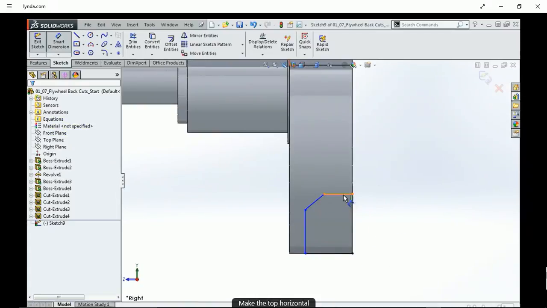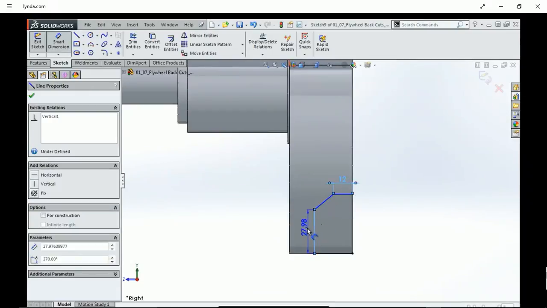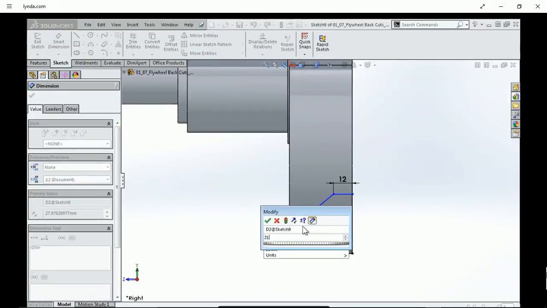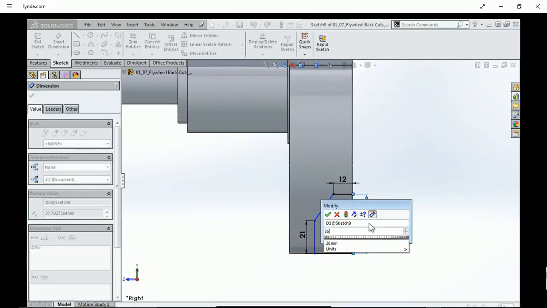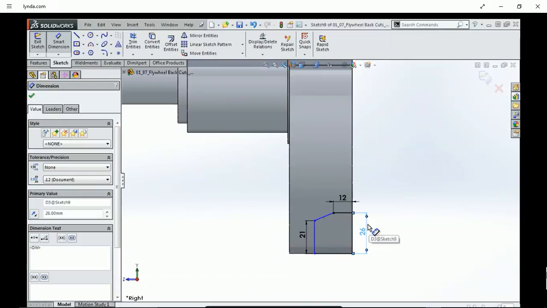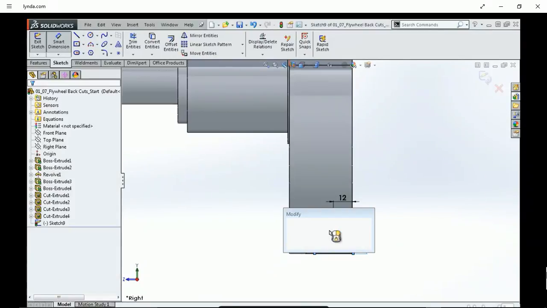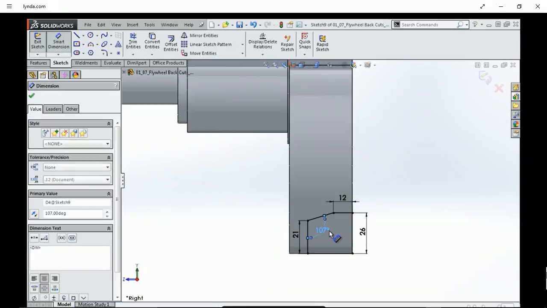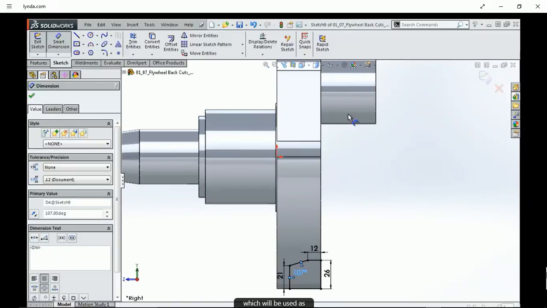Make the top horizontal line 12 millimeters, the left vertical line 21 millimeters, the right vertical line 26 millimeters, and add an angled dimension to the inside of these two lines of 107 degrees. Our profile is now fully defined, and we can tell this by the fact that all the lines are black in color. Next, a horizontal center line is needed, which will be used as an axis of revolution in